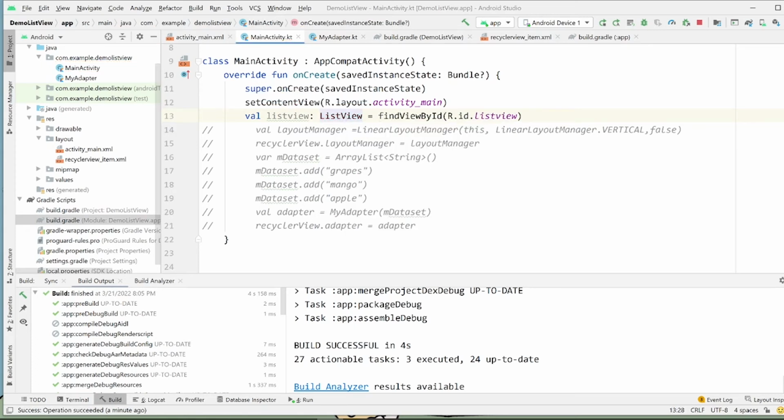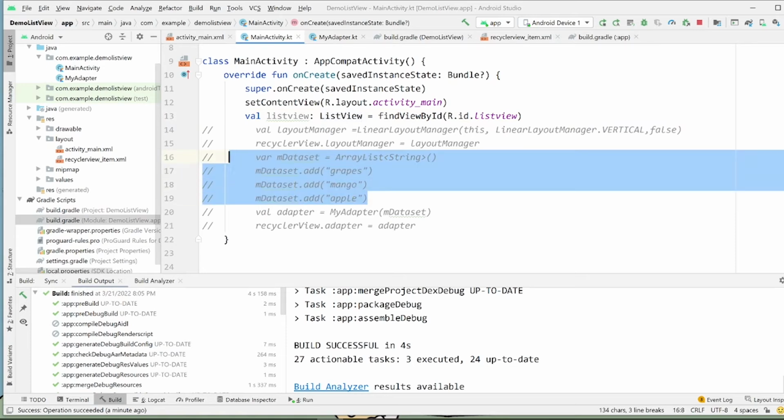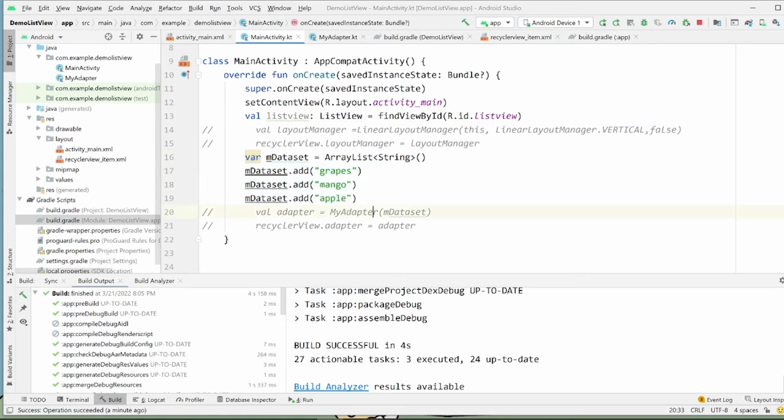And ListView does not require any extra packages or libraries. Okay. Actually, I'm gonna uncomment the array list because we're still gonna use it. So basically, ListView requires an array adapter. If you recall from Spinner, that's the same thing that we're using. So what I will be doing is making an array adapter.